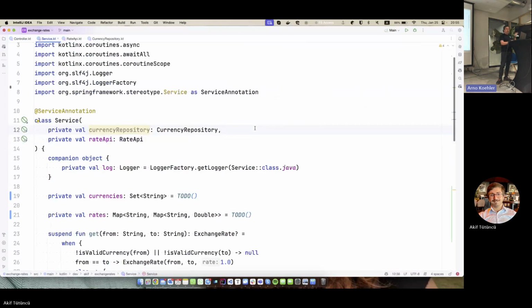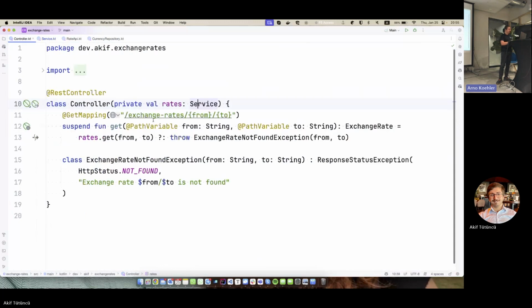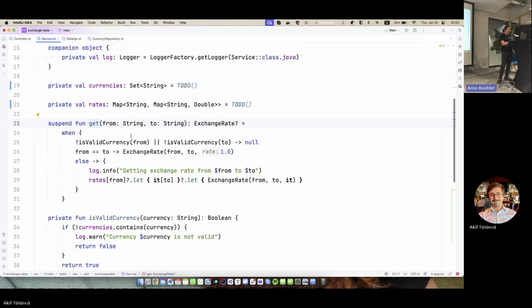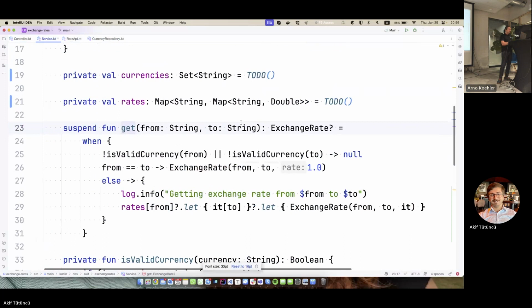What I want this application and this service to do is to get the exchange rate from the source to the target, right? So I pass the currencies I extract from the path to my get method here, and some form of validation is happening. I'm checking whether given things are actual valid currencies. I'm checking whether they're the same, because then I really don't need to calculate anything. I could just return one. And if that's not the case, I